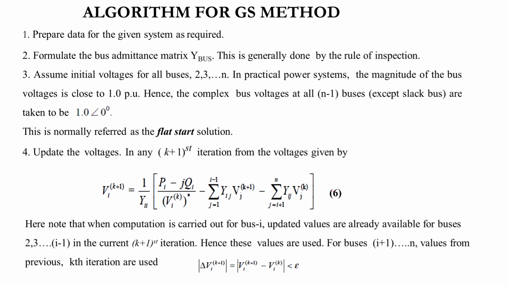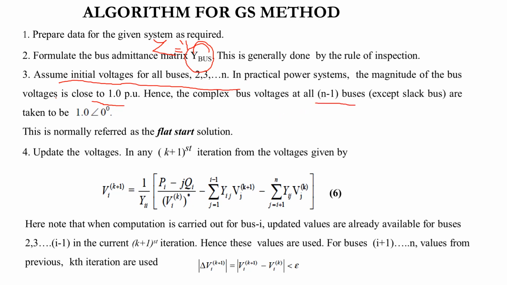And the second, we have to formulate the Y bus admittance matrix. Why? Because in some problems they will be giving in terms of impedance. So from this we have to find the Y bus, just the reciprocal. Okay. Next one, we have to assume the initial voltage. And the main important thing here is it is close to 1, and a complex value at all n minus 1